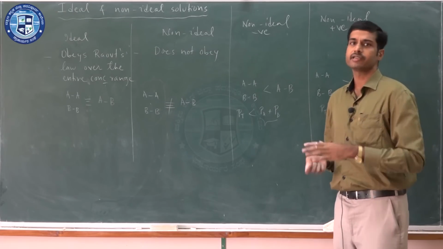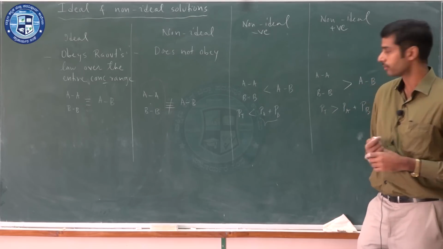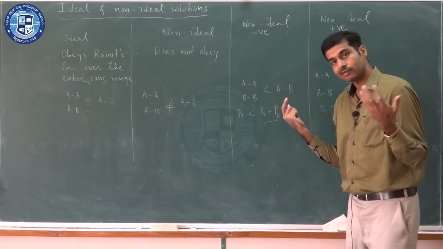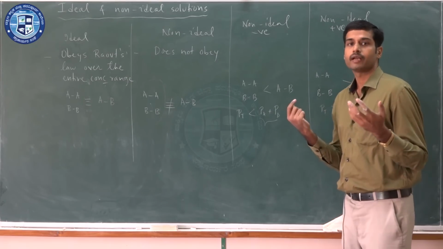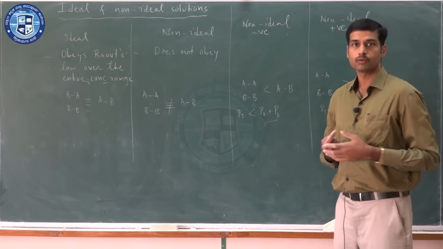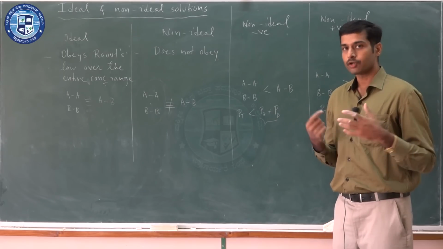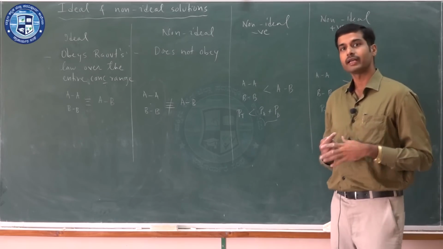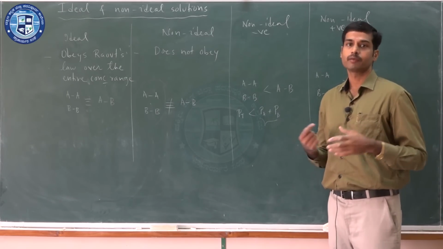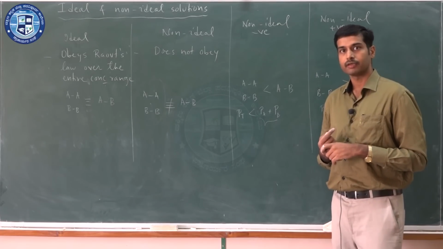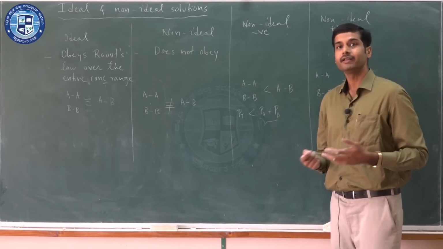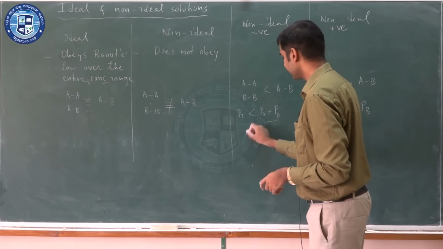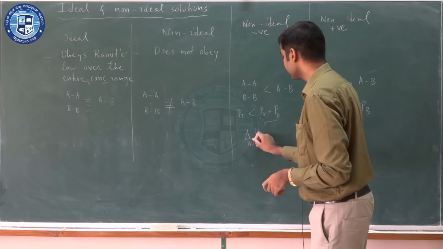As a result of this, what changes do you expect in physical properties? In negative deviation, the interaction between the components is greater, and when there is more interaction, it is equivalent to some kind of bonding, and because of this bonding, heat will be liberated. During bonding, you know that heat is liberated, exothermic process. Chemical bonding is an exothermic process. Therefore, because of greater interaction, heat will be liberated. Therefore, you would expect delta H during mixing, change in enthalpy.